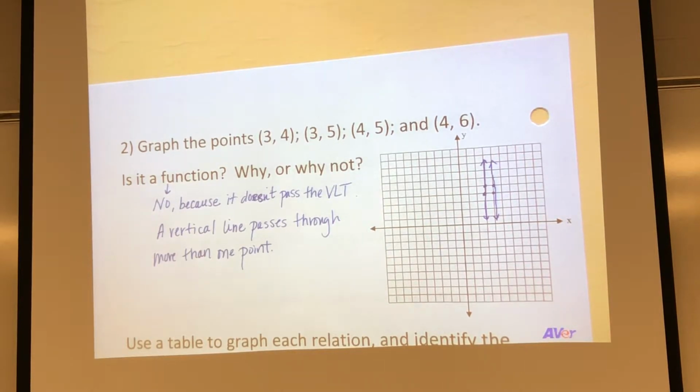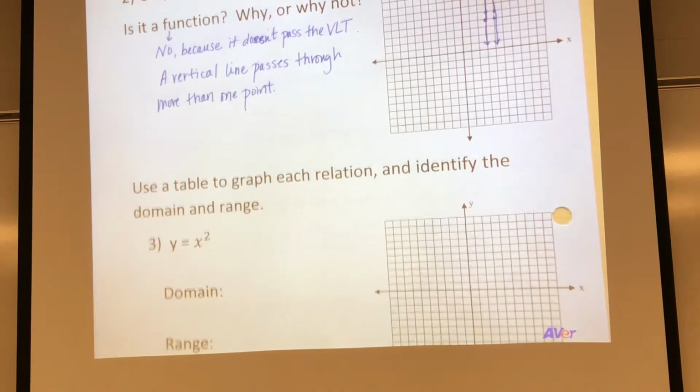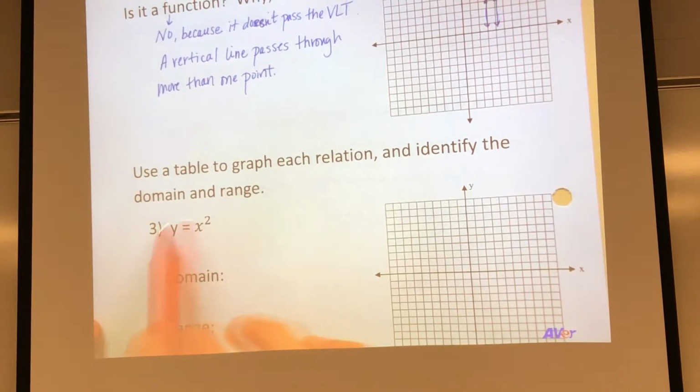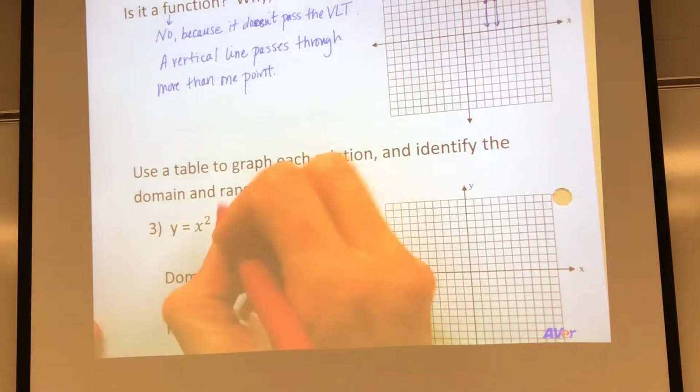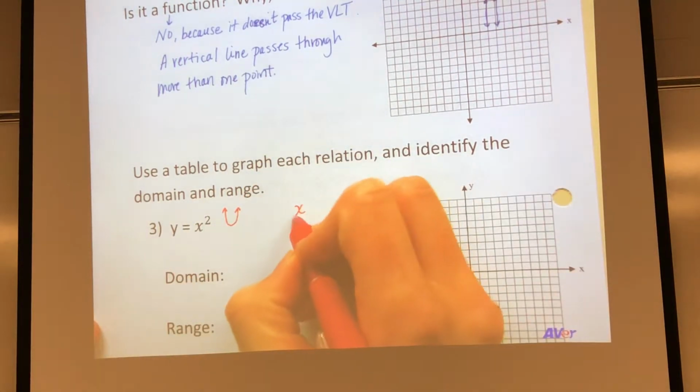Now, most of the time, we don't look at just individual points like this. Most of the time, we're looking at a relation, and we'll determine if something's a function after we make a table of values and graph it. Most of us, when we look at y equals x squared, recognize that it's going to be parabola shaped. So when we make our graph,